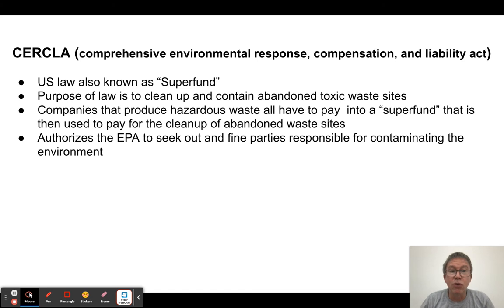So like, we don't know who's supposed to pay for it. The company's gone, there's nobody to sue. And we've got all this gross stuff, toxic waste leaking out of barrels, getting in the groundwater. It costs a lot of money. That's what my wife did for the first few years of her career. And so basically it provides money for that by taxing people, by making them pay into this Superfund.